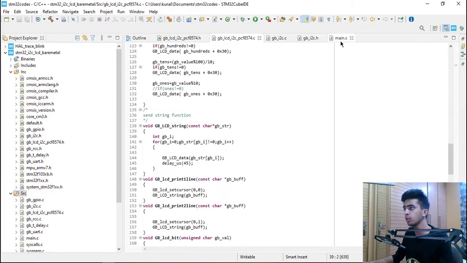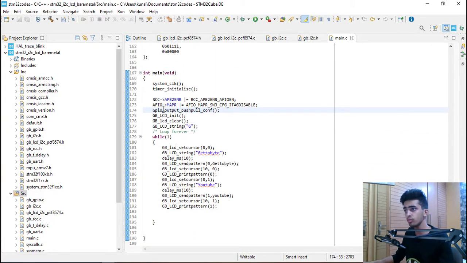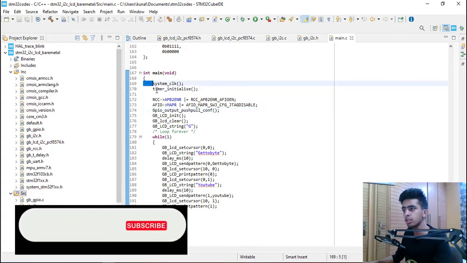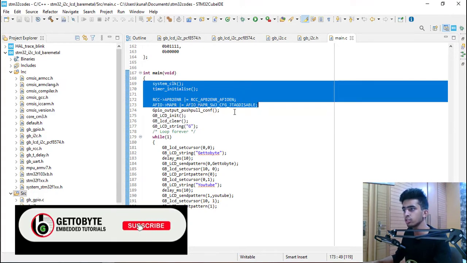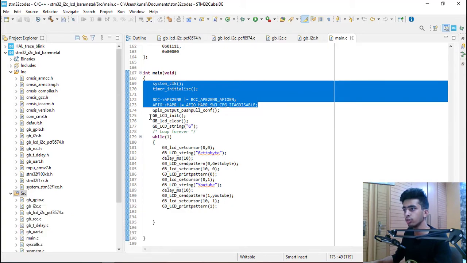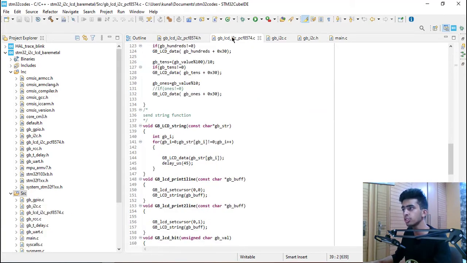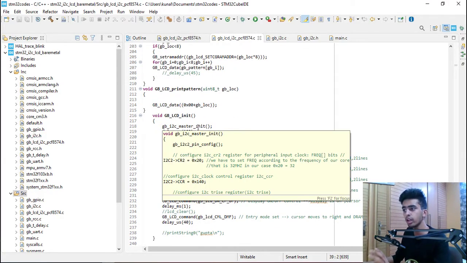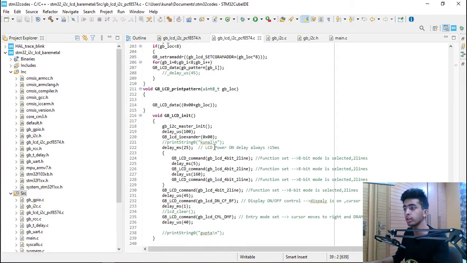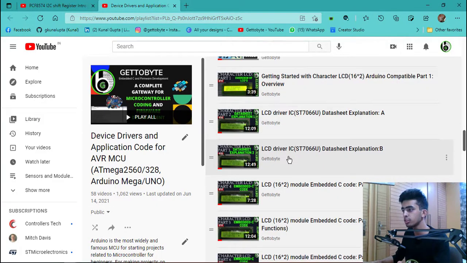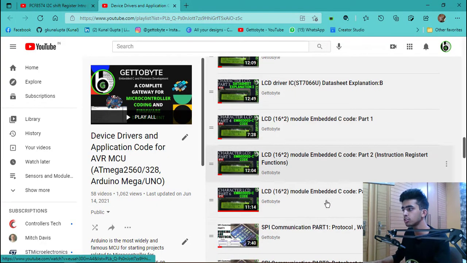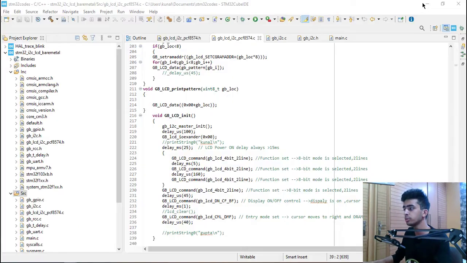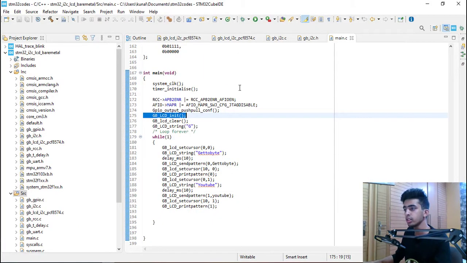In my main.c the things are very simple. This is my initialization part. The main thing starts from here. The LCD initialize function is the one which I have declared in this .c file. In this I am just performing the initialization process for the LCD screen, which you can get to know from the data sheet or the explanation of the instruction set and function registers. So initializing, then clearing the data and writing the string.